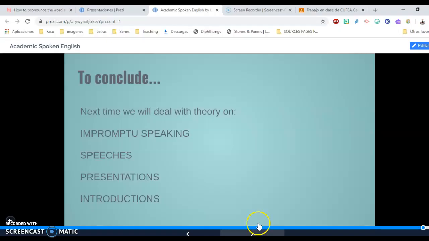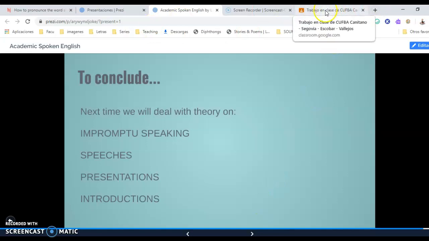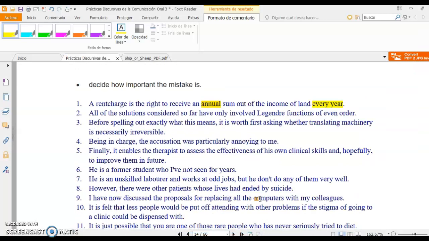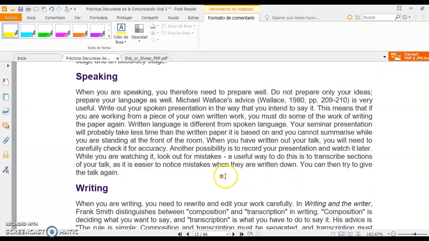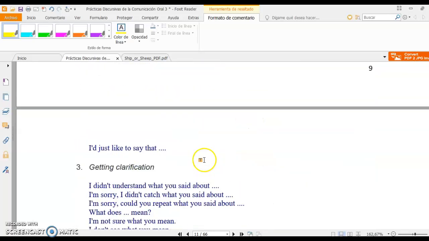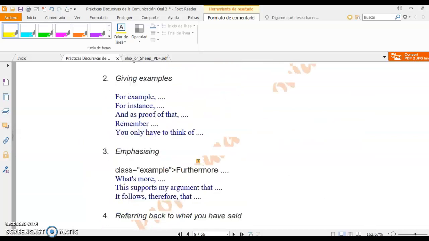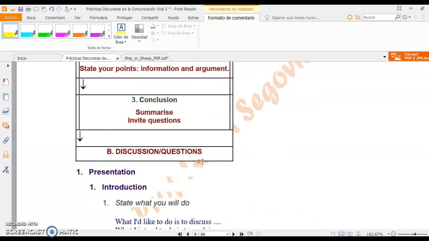The second activity that you have to do, I cannot show you because I have it in Google Classroom, but it is the one that you will see in the classroom. That is, you have to watch a video on how can you start thinking in English. That's the question, or something like that. And you have to record yourself giving your reasons using all these phrases here, these ones in your presentation. You're going to talk, okay?